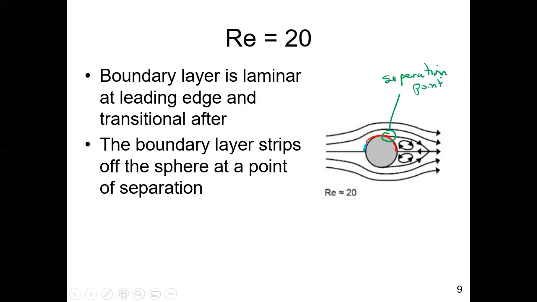And remember, since this is a sphere, that separation point is a circle around the trailing edge of the sphere. There's a location where the boundary layer strips off of the sphere. We call that the point of separation. Why does that happen? Well, remember, fundamentally,